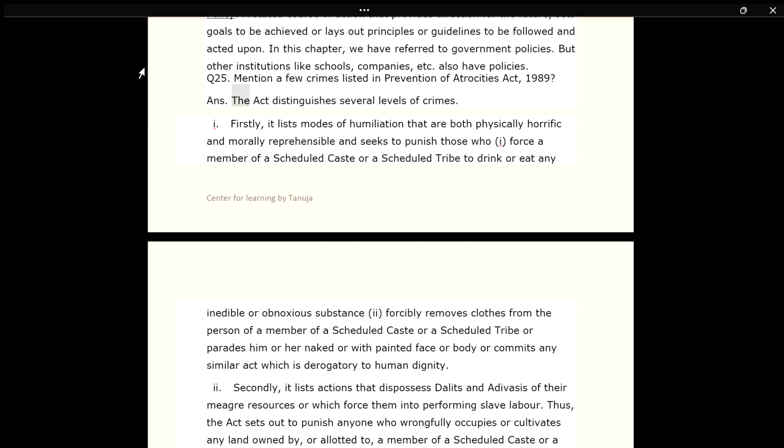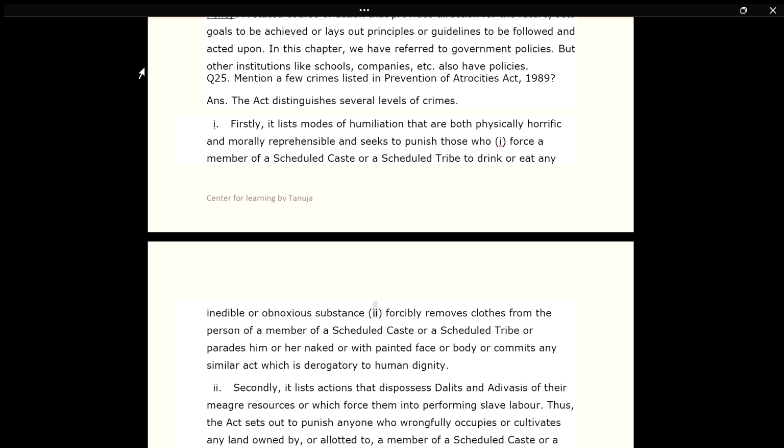Q25. Mention a few crimes listed in the Prevention of Atrocities Act, 1989. Ans. The Act distinguishes several levels of crimes. Firstly, it lists modes of humiliation that are both physically horrific and morally reprehensible and seeks to punish those who 1. Force a member of a scheduled caste or a scheduled tribe to drink or eat any inedible or obnoxious